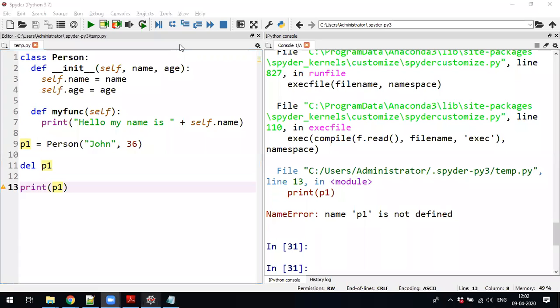Does anyone have doubts? They can raise their hand. The topic so far we discussed, if you have any doubts, they can raise their hand.